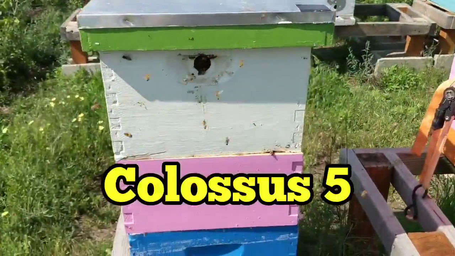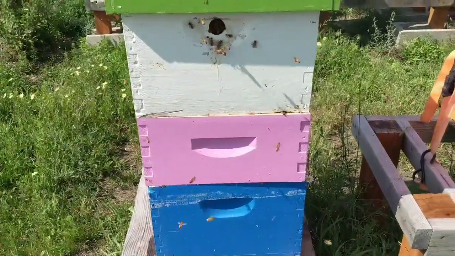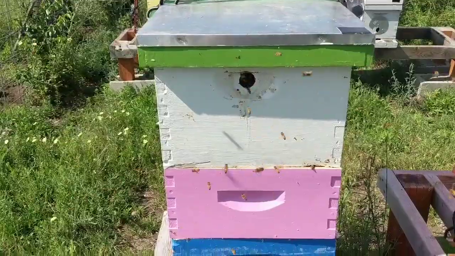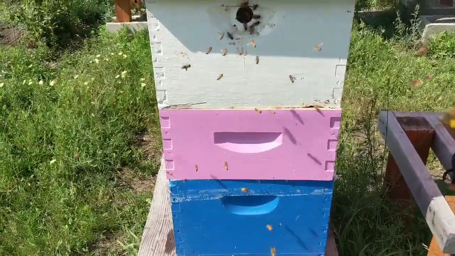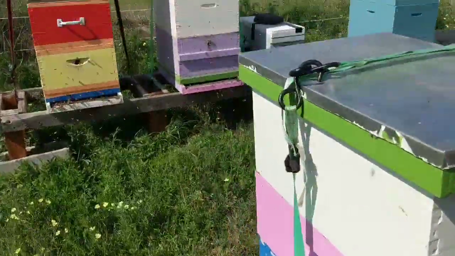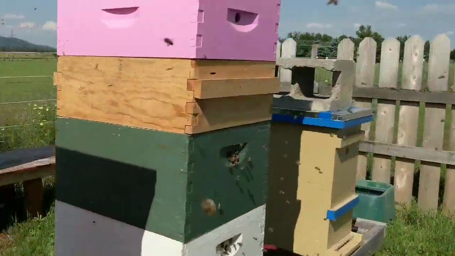These guys pissed me off because I put that super on there and they wouldn't draw the damn thing out. They just sat on it for weeks without drawing it out. So I put it in the middle. I just split the colony in half and put it in the middle anyway. So then Big Blue. But what I'm up here doing is